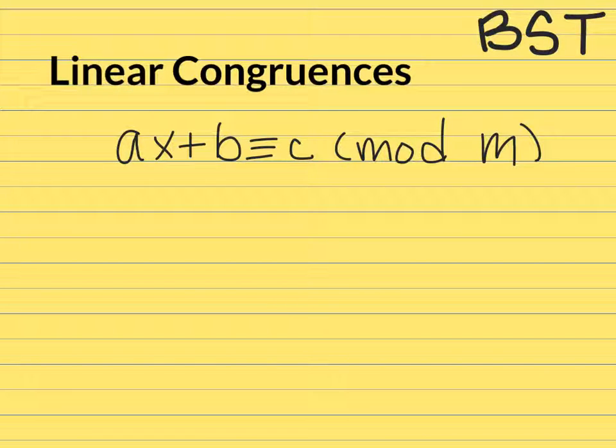So, linear congruences. This is essentially the analogous linear equation for modular arithmetic, and generally your equation will look like this, and you're going to want to solve for x. In this case, you're going to get a whole range of solutions. You're going to get x congruent to some number and some modulus, or you might not even have any solutions. So generally there's a pretty systematic way to go about solving these, but often you need some creativity in doing